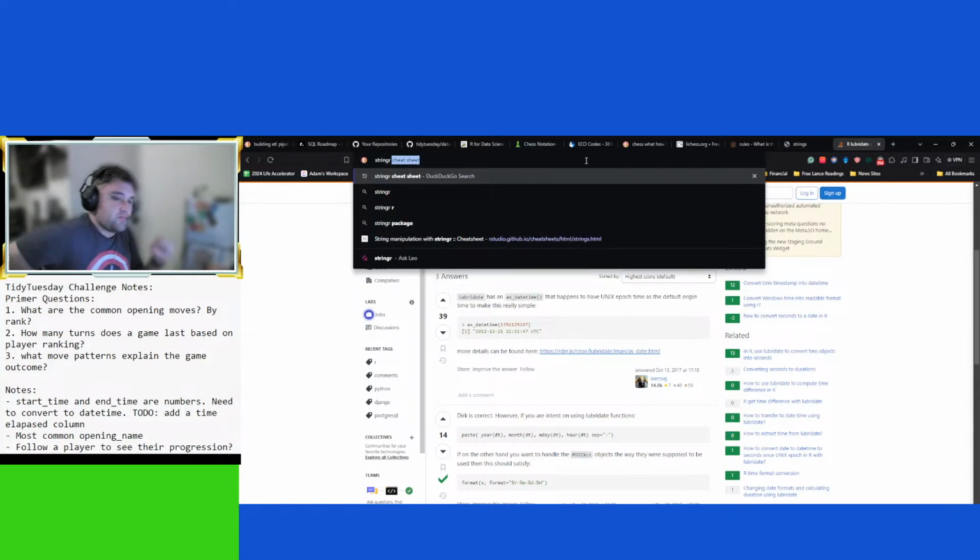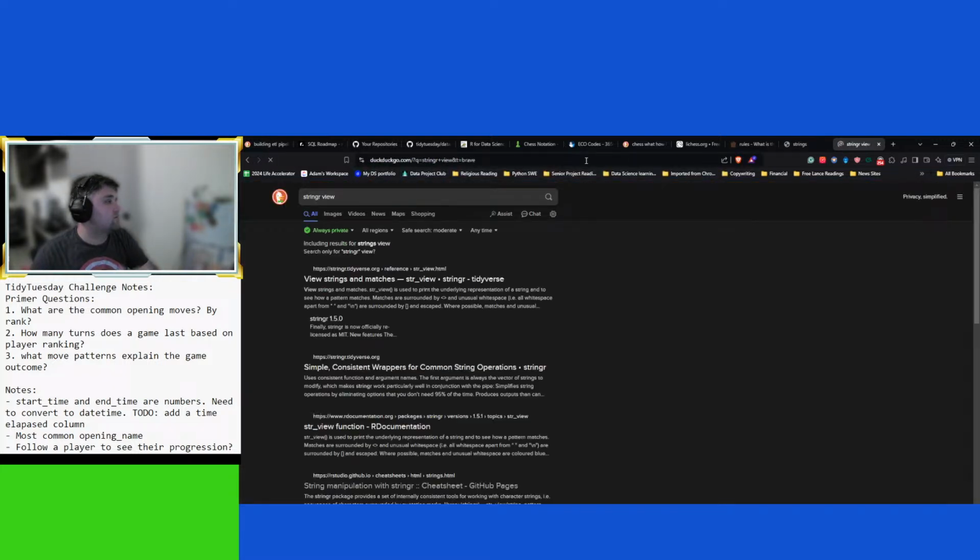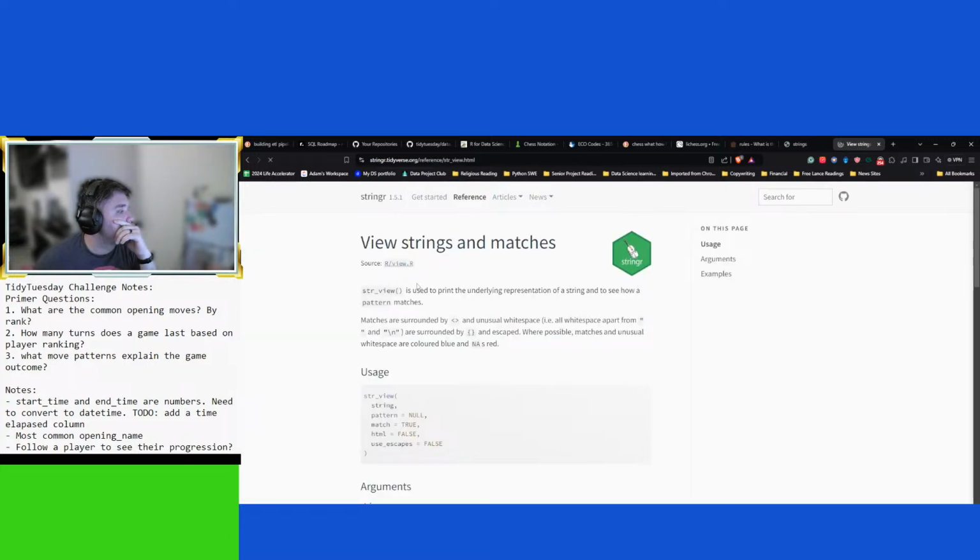Stringer view. Surrounded by brackets and unusual.